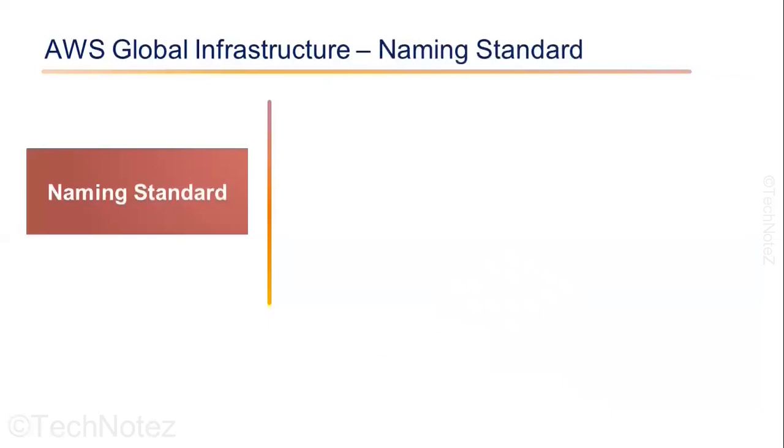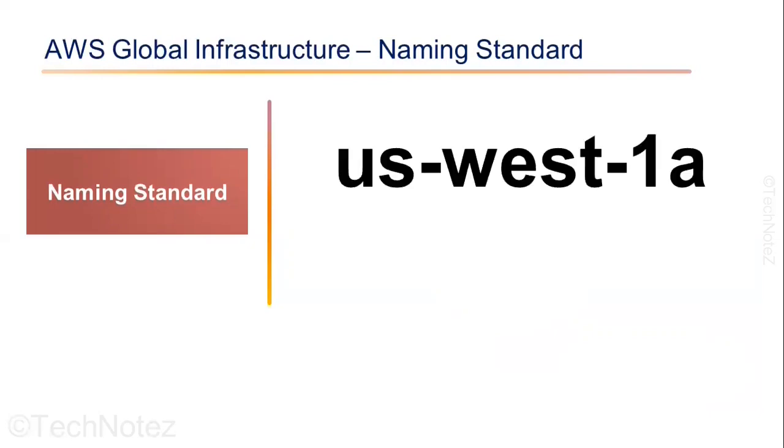When you create a resource in AWS, you get an option to select the region and availability zone within that region to host your resources. For example, you might see something like US West 1A. So let's break it down and understand what it means. First, you might guess that US in the beginning stands for the United States, and you would be correct. This is going to be the area. We then have a sub area within that main area. So in this case, this would be the western side of the US.